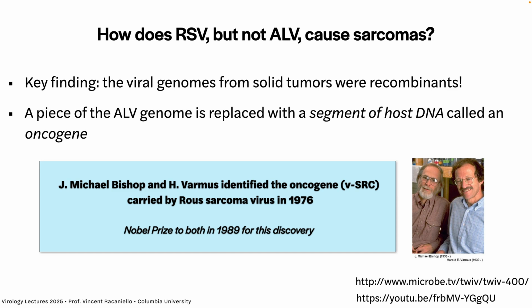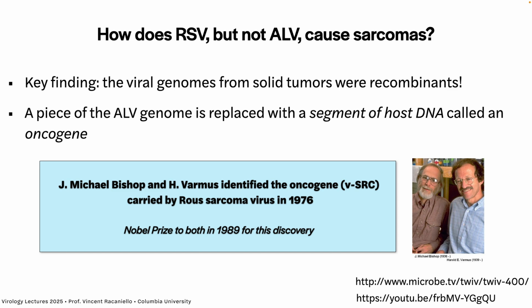So Rous is actually derived from avian leukosis virus. The chickens are all infected with avian leukosis virus, and some of them go on to cause cancers, leukemias, or if you let the birds get older, solid tumors. So avian leukosis virus is the parent virus of all these leukemias and sarcomas.